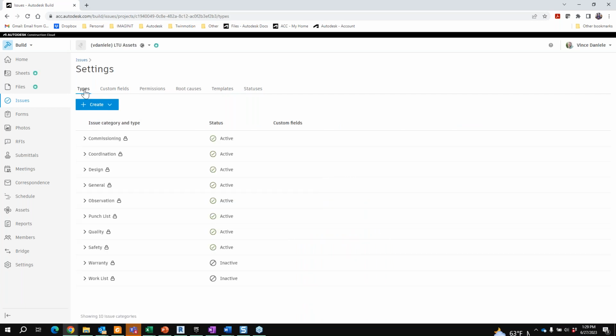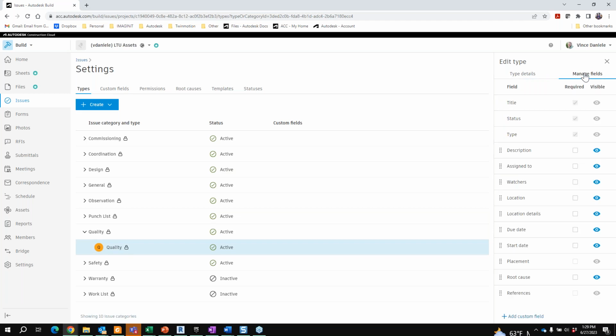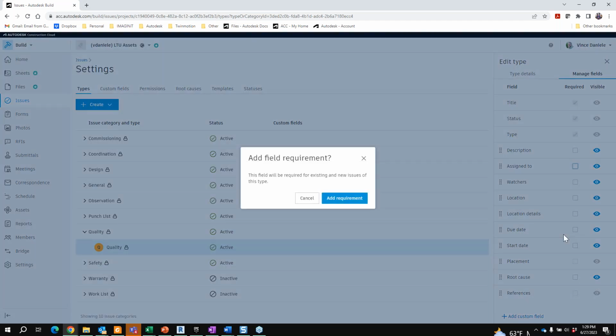Currently, because it's just the issue type, and I did this under quality, when they go to pick this one in the form, they're still going to have to fill out the form. Now, we are able to create within a form type, let's see, we can designate required fields. So we could go a little further with the issue type and say, you know what, quality, we want to make sure that it's assigned to someone,